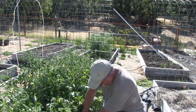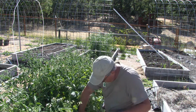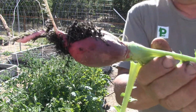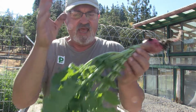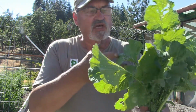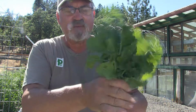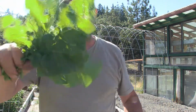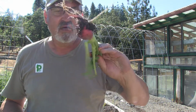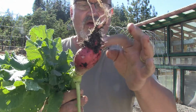I mean, look at the size of these radishes that I'm producing. Look at that. Okay, you can use these. You can saute the tops of them with butter and garlic. You can also break them off and put them in a salad, and I can also feed them to my rabbits. But the root, cut the root off, clean it up, cut the top off, quarter it,